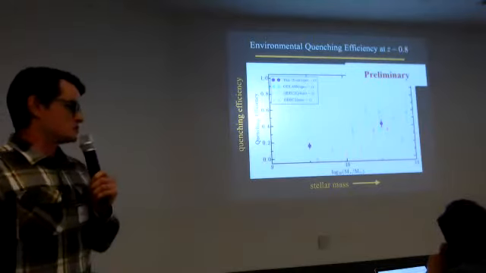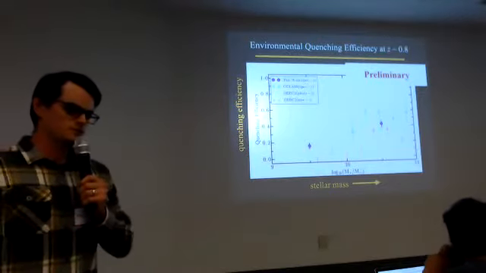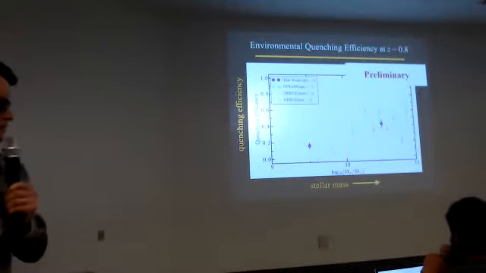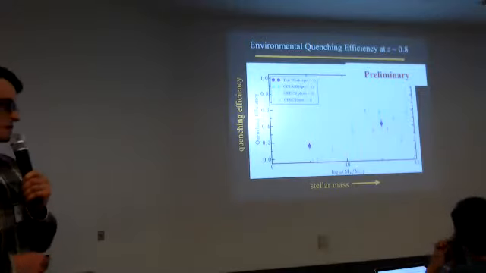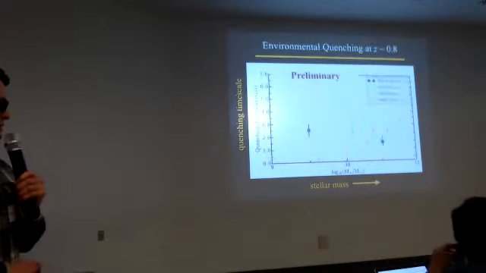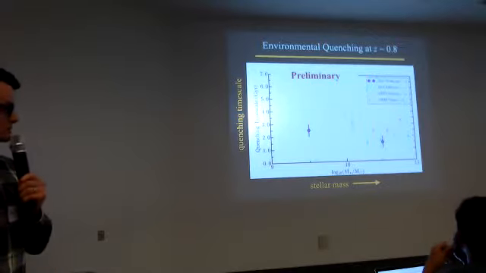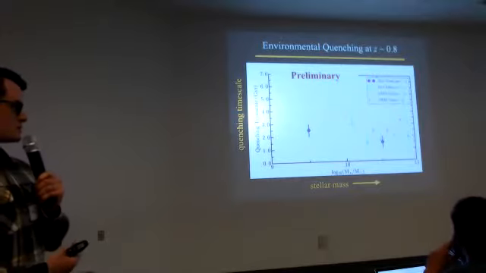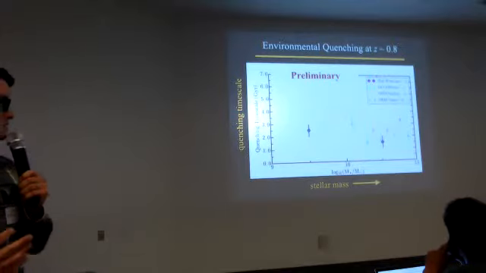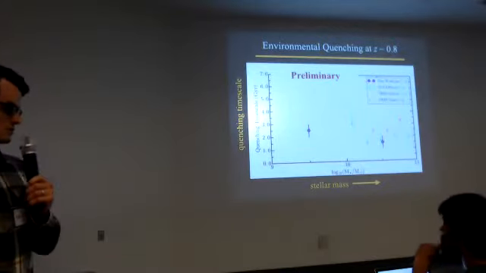Ultimately, to connect this to physical mechanisms, we need to connect these to quenching timescales. And again, we do this through comparison to N-body simulations. For this, I've used the Bolshoi simulation and compared the accretion histories of satellite galaxies around clusters at redshift 1 to these quenching efficiencies, and we have a quenching timescale that looks roughly like this. This is all work that is in prep and ongoing, but ultimately we'll take these quenching timescales and try to understand how they vary as a function of both stellar mass and redshift in order to hopefully constrain the physical mechanisms responsible for these trends. So, thank you.